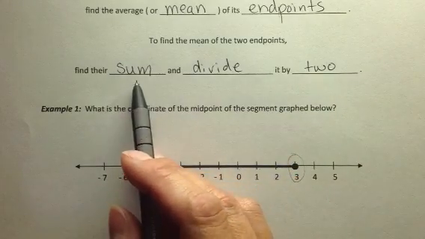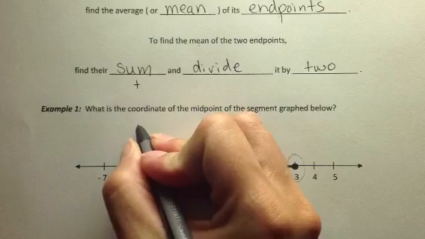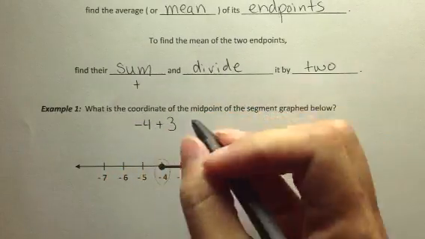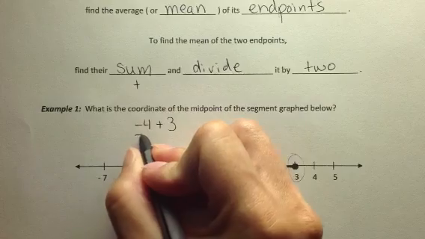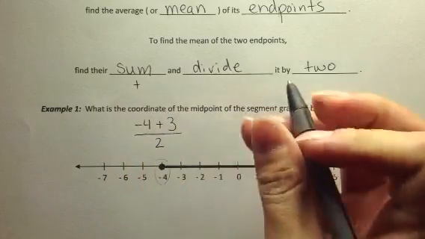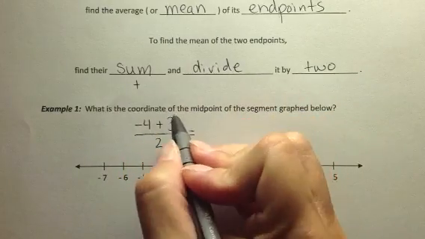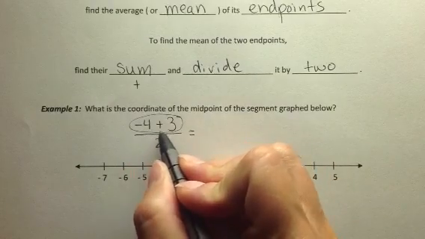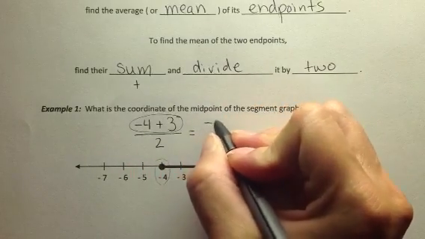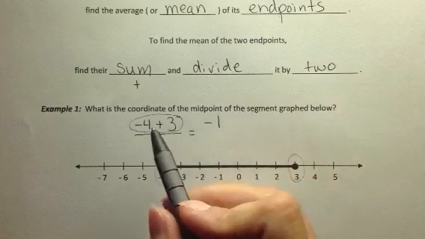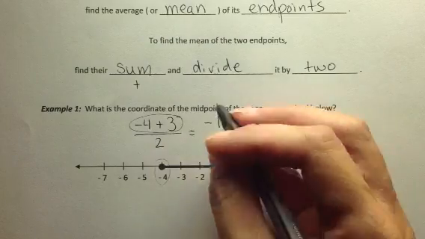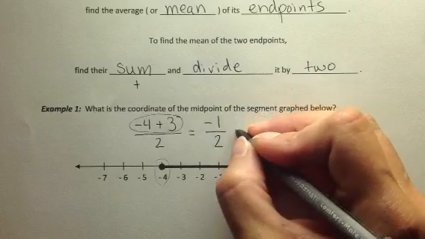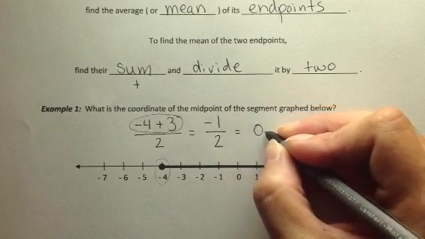We're going to first find their sum, so -4 plus 3, and then we're going to divide it, so I'm going to put the whole thing over 2. If I'm using a calculator, I need to do this math first. So -4 plus 3, you actually are finding the difference because one's positive, one negative. You have more negative, so you get -1. Divide by 2. So it's going to be -1/2. If you use a calculator, you're going to get